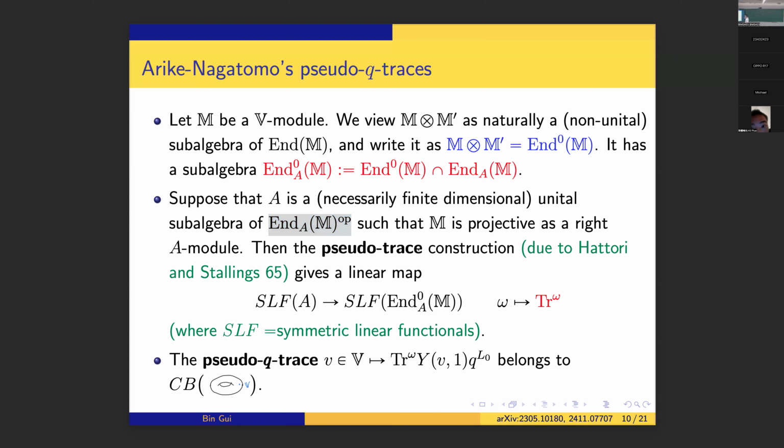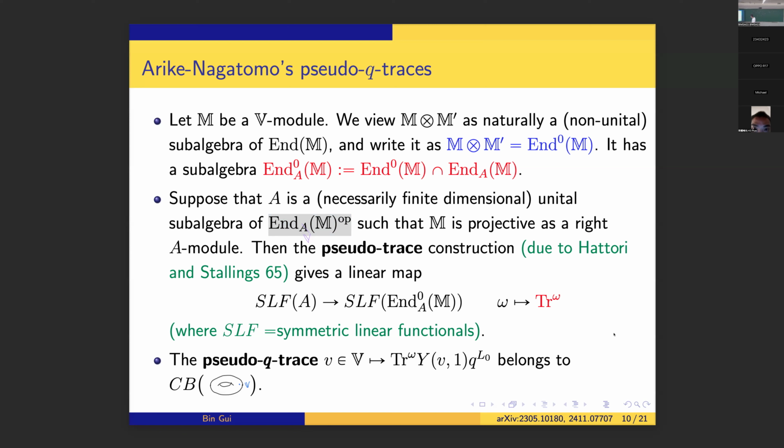Okay. So A is the subalgebra of End_V M op, and because End_V M is necessarily finite dimensional, A is also finite dimensional, and so we can consider the elements of M0M which commute with the action of A. In particular, the vertex operators always belong to this space because the vertex operators commute with the action of A, right? And in order to define the symmetries, I have to assume that M is projective as a right A-module, and in that way, there is a canonical way using this kind of projective basis to